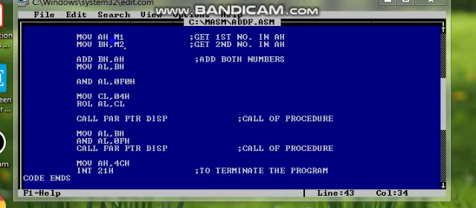So now the result is in AL register. As we have seen, the output is 15 plus 18, which is 2D in hex. So the output is 2DH.